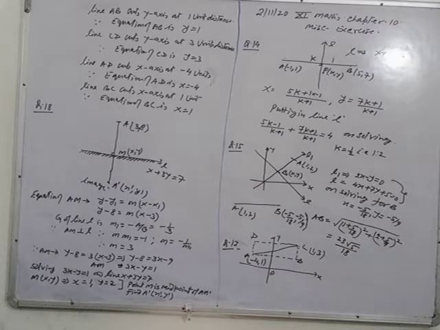Now question number 17. Here the question is: the end points of a hypotenuse are given, two end points A (minus 4, 1) and C (1, 3). Roughly you can draw the figure. So from this hypotenuse you can construct a rectangle: through A and through C, draw parallel lines. So ABCD is a rectangle. Now you have to find the equations of the arms, meaning the sides.